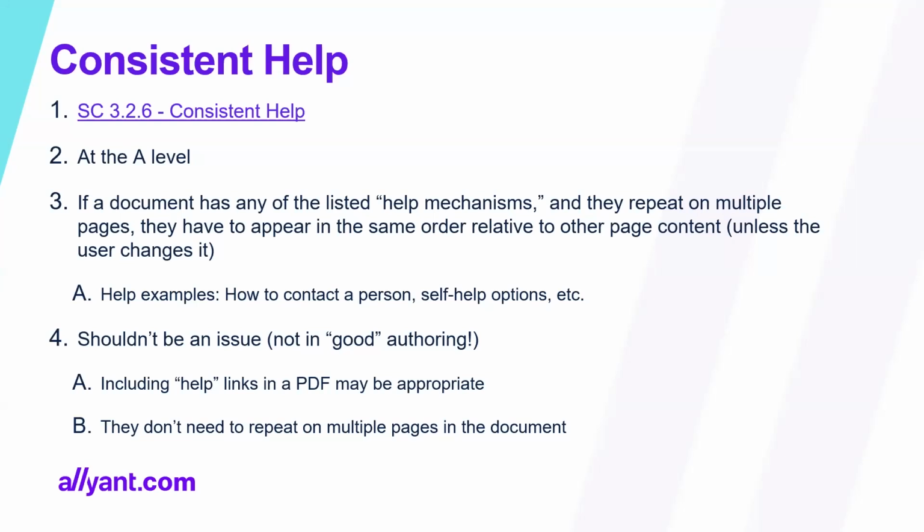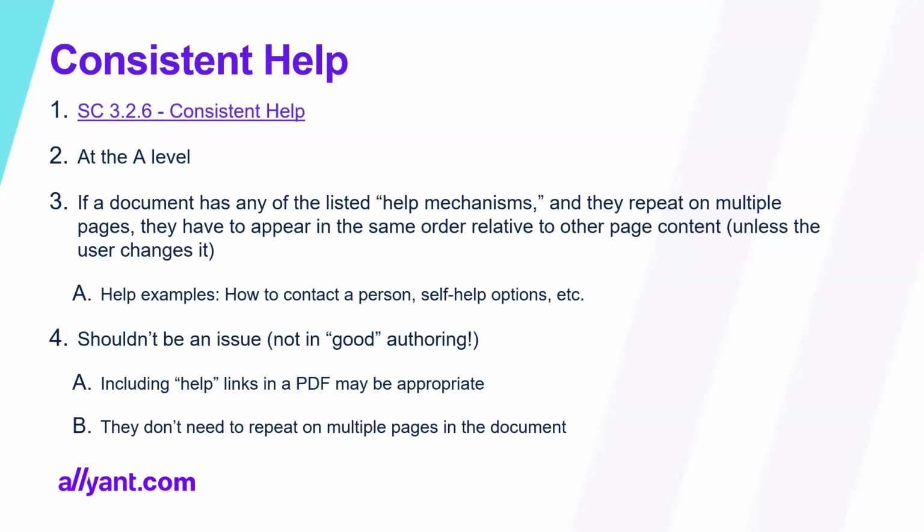So just like going back to target size, if, for example, Adobe Acrobat allowed the user to resize link annotations, right, or checkboxes, to make the target easier to hit in a PDF, if you were able to change the order of content in the document from the end user perspective, then this wouldn't be an issue. But from the authoring perspective, if you have these help mechanisms on multiple pages, they have to appear in the